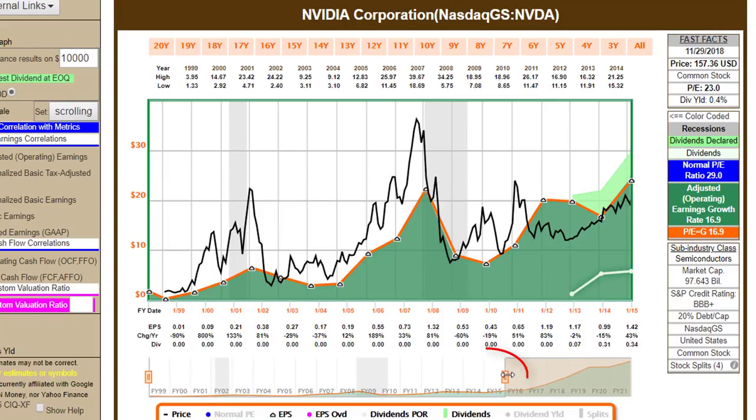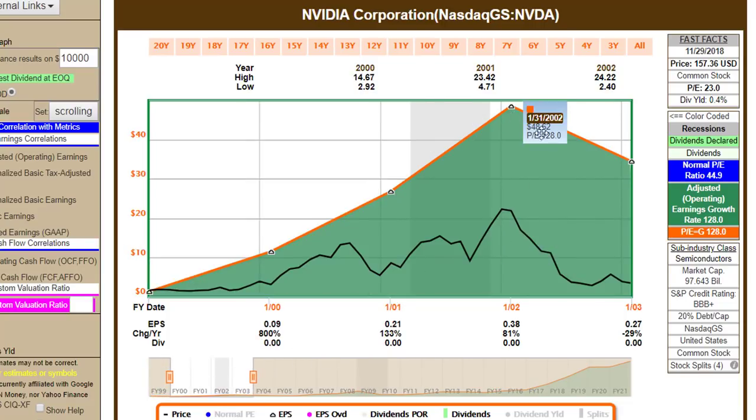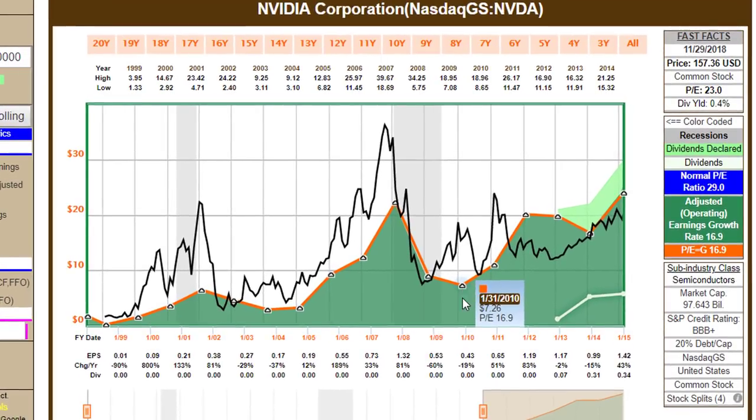And I'm going to go ahead and give you a sneak peek at what I'm talking about. If I scroll back to this time frame here and look at Nvidia's earnings growth rate during this time frame, you can see that it was almost 40% a year, and the valuation does not look that out of line. And then we had this drop in price, and then we saw the valuation fall. Nevertheless, when I look at Nvidia over the time frame 1999 through 2014, I see what I'll call very rational valuation references. We had earnings growth spurts where the company's stock price got very high, and then we had negative earnings growth where the price reconciled and reverted to the mean. Here I'm using a PE ratio of about 16.9, once again illustrating the dynamic nature.